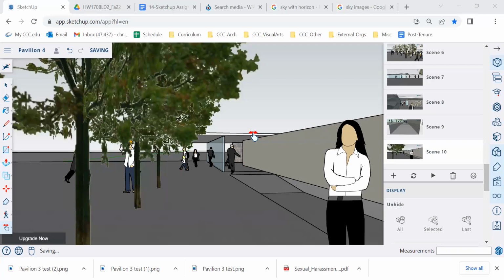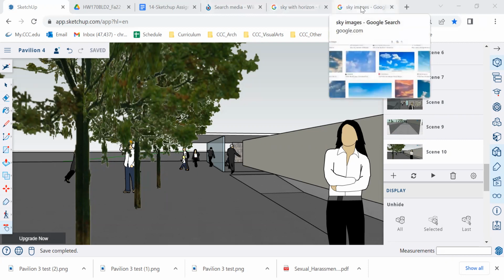Now we can begin talking about the images that you might bring in. One thing to keep in mind, if I do maintain this perspective where I'm looking with my eyes basically at the horizon, with respect to the sky image that you choose, you need to be a little bit careful. If you look straight up into the sky,